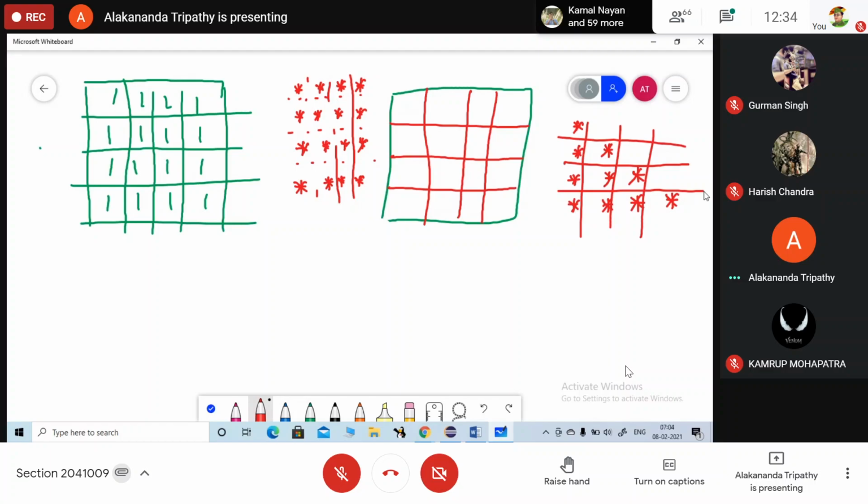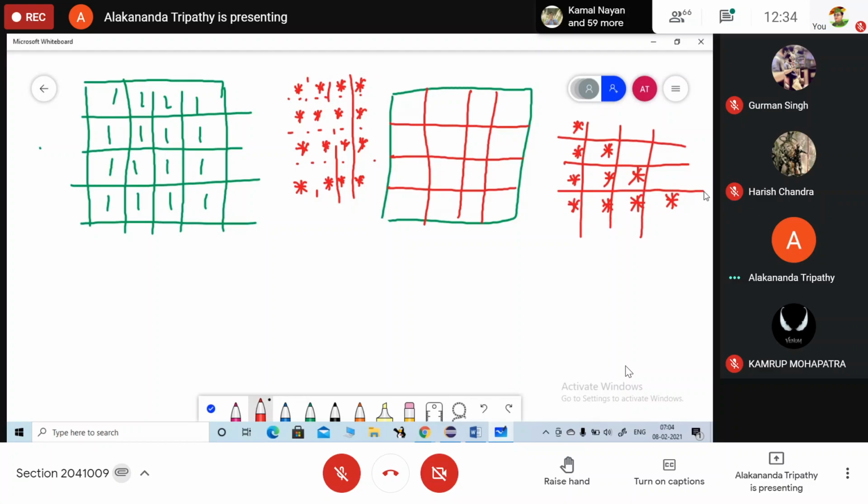Now i is my one row. These are what? 1, 2, 3, 4, 5. If this one is the row, these are the columns. So i indicates the row number, j indicates the column number. For row 1, how many columns are there? 5 columns are there.